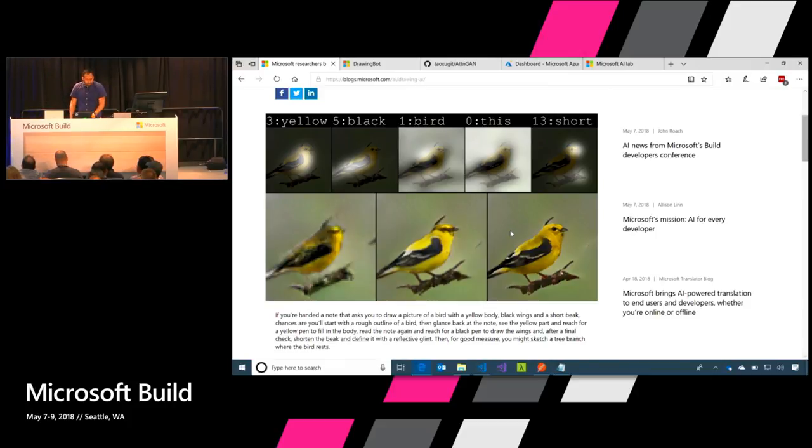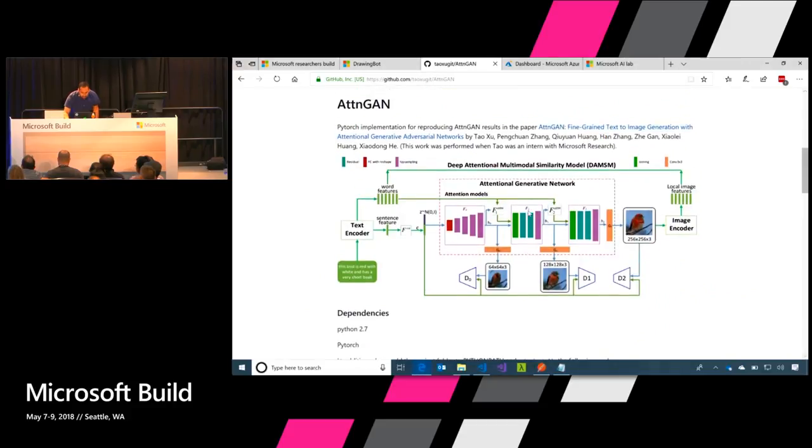Researchers at MSR in deep learning created a model that did this. But not only did they do that, they actually used as input a description of a bird, and they trained an AI to generate an image for the bird. And they trained another one to see if it's fake or not. But then what they did is they trained an AI in an intermediate step, and I'll show you an image here so you can get a sense for what it looks like.